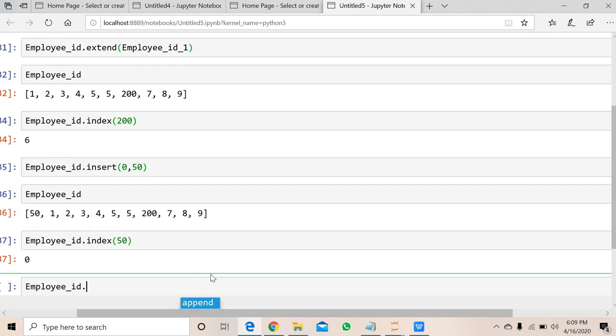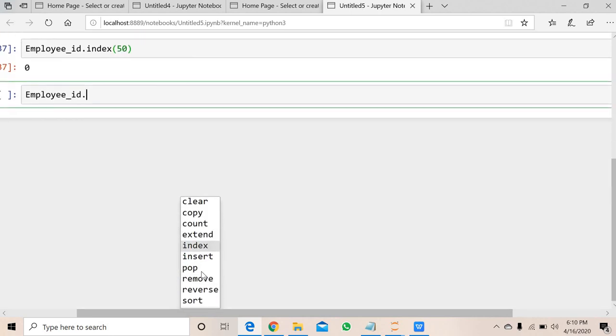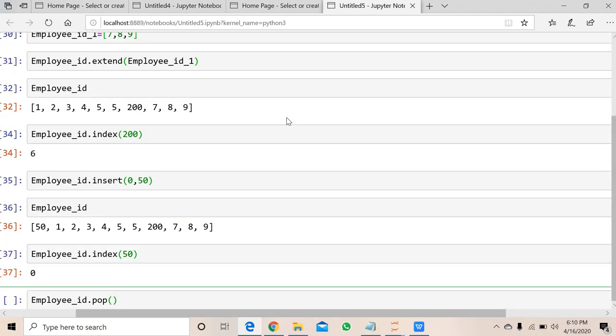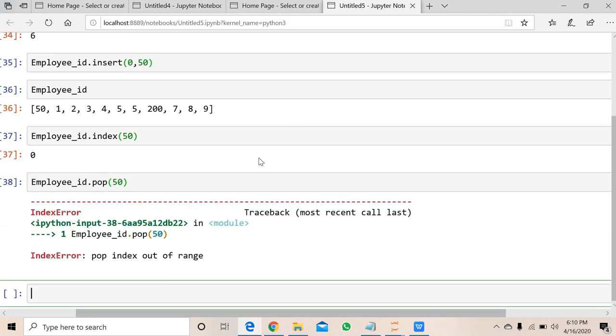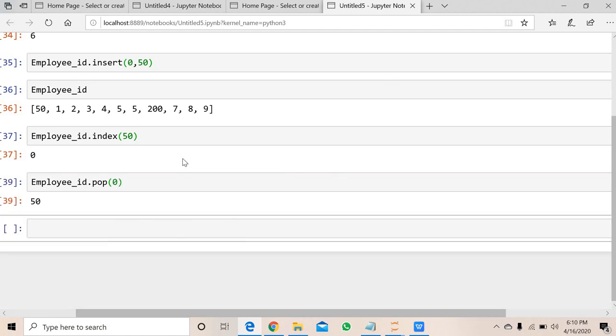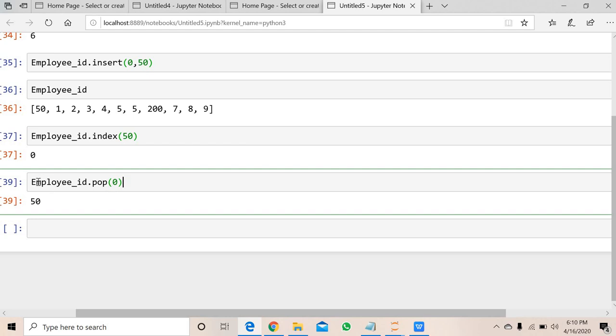Dot tab. The next one is pop. Pop means it will remove the element from the list. If you want to pop 50, there is an error. We have to give the index of the element for the pop function.